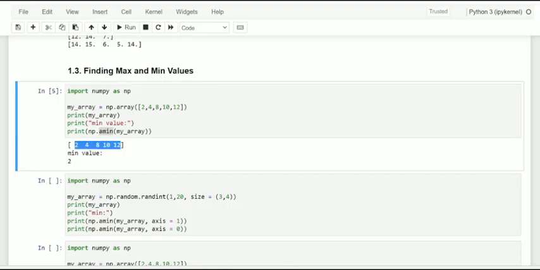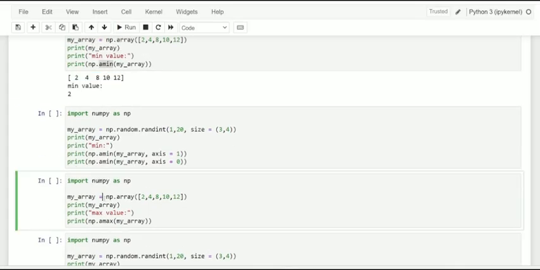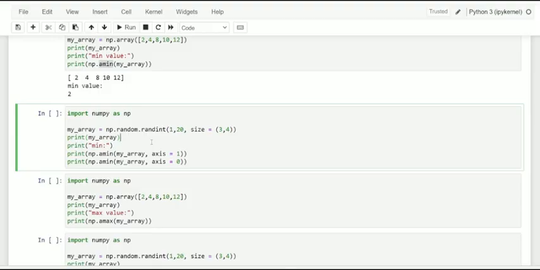And of course, we have one more function to identify the maximum. Before that, let me make an attempt with a two-dimensional array of size 3 into 4. Here also the same example of random integers, just between 1 to 20, is taken as our data.